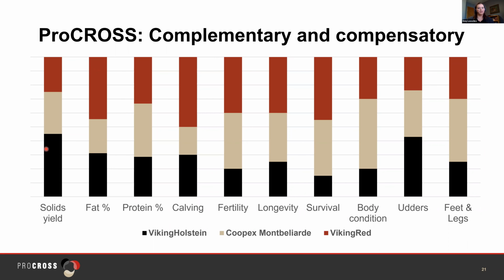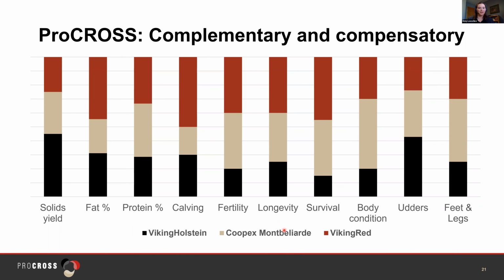VikingHolstein is in black here, Coopex Montbéliarde in the tan, and the VikingRed in the red here at the top. Starting with solids yield, Holstein is a really big contributor to this, the Montbéliarde of course, and the VikingRed less so for solids yield. Going on through these other traits, you can see we have different levels of complementarity and different things that these